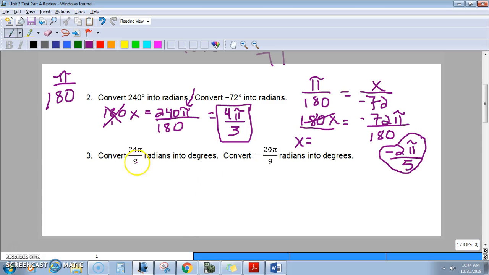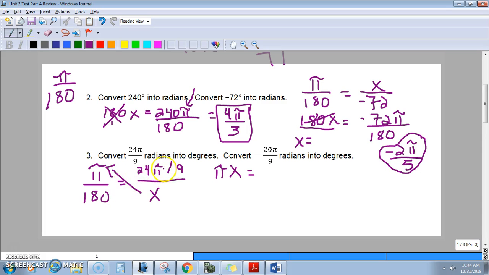Okay. And here we're going to convert the other way, and we're going to do it the same way, but you guys are going to freak out, I know, because when we're converting from radians to degrees, we're normally going to have a fraction on top of a fraction. I know you guys don't like that, but that's the way it is. So we have 24 pi over 9 all over what we want to know. Now our variable is going to be on the denominator because we want to know degrees. So this time, x times pi is pi x is equal to